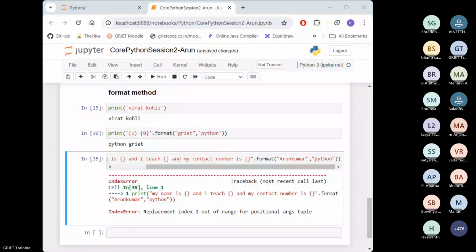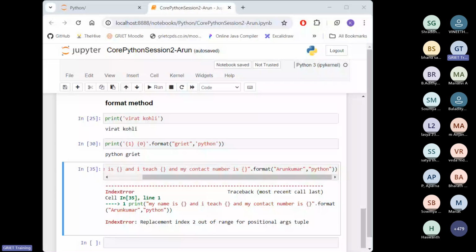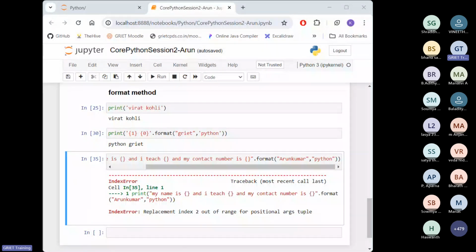Yes, anyone? Index 2. So I think the chat box is not visible to anyone, right? Are you able to see the chat box on your screen? Okay, so the reason I have hidden it is so that you can freely ask your doubts without worrying about what others will feel. The chat box is hidden so that anyone can write queries in the chat box